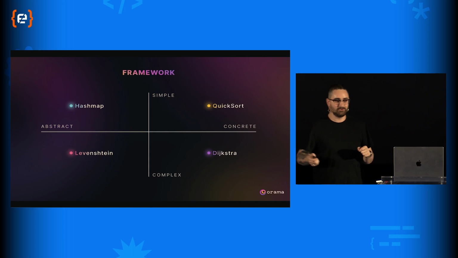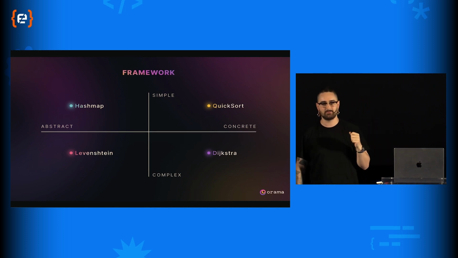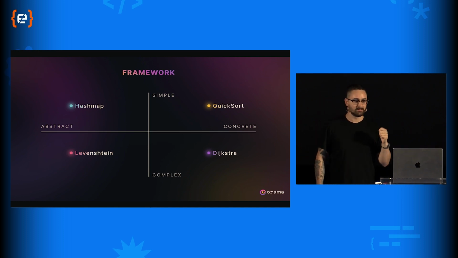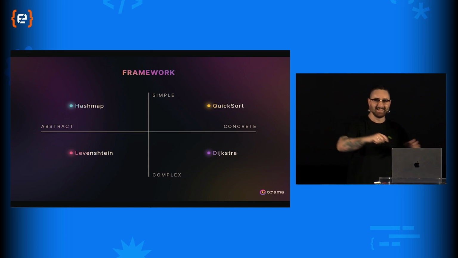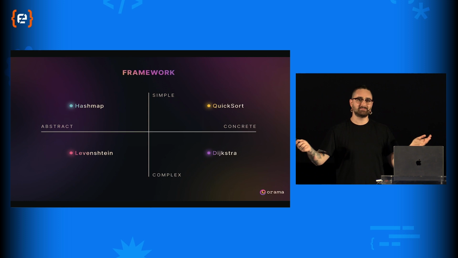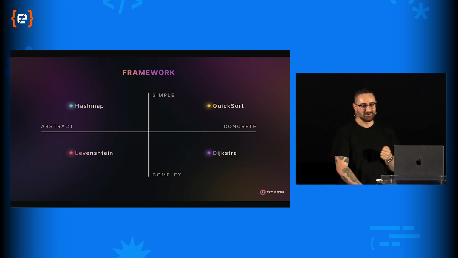So how many of you know Quicksort, for example? Fantastic. How many of you know the Dijkstra shortest path algorithm? Fantastic. Levenshtein edit distance? Okay, I see the hands are going a bit down. Hash map data structure. Come on, yeah, okay. I was expecting that. Awesome. So,